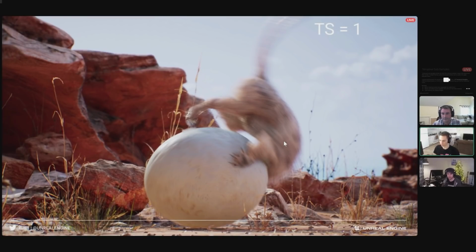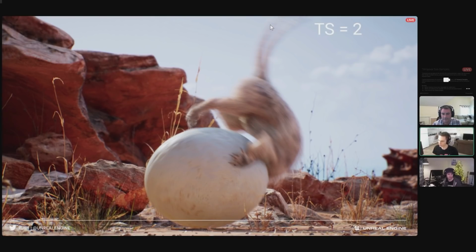So here's the default runtime motion blur. You can see that there's some artifacting between the rear foot of the meerkat and the eggshell here. You're getting this weird blur where it's going outside the eggshell. And you can see that the meerkat body has a bunch of straight lines from the motion blur. And the tail itself is just a straight line as well. And again, that's because we do that linear motion blur.